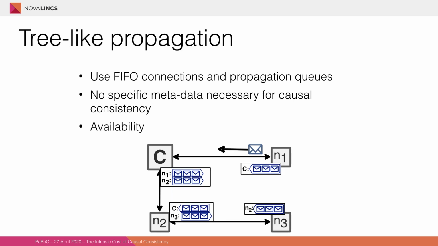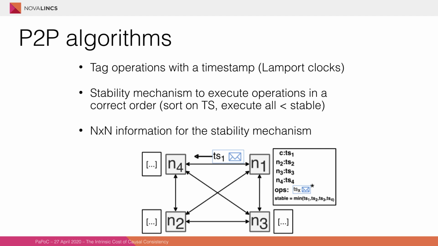The previous algorithm can be implemented not as a central node, but as using different types of overlay networks, for example a tree. Each node executes the same algorithm as before, and still we don't need any additional metadata for causal consistency. But still the network is fixed, so this does have a great impact in terms of availability when nodes are unreachable. Now there exist many algorithms that do not require such a fixed networking model to be able